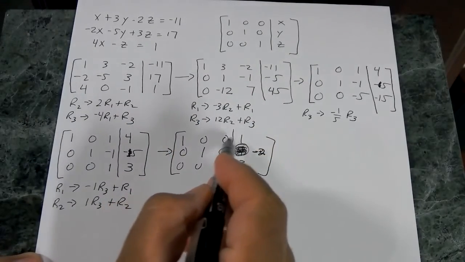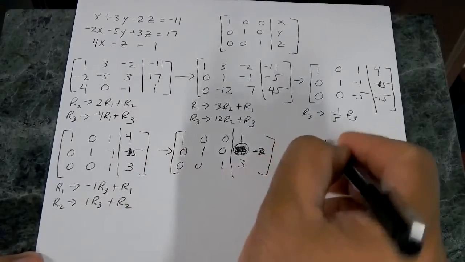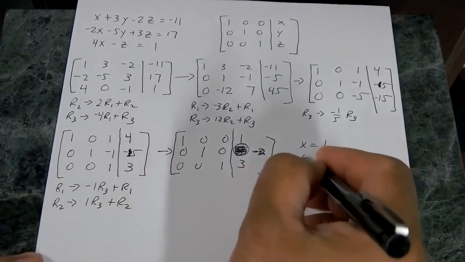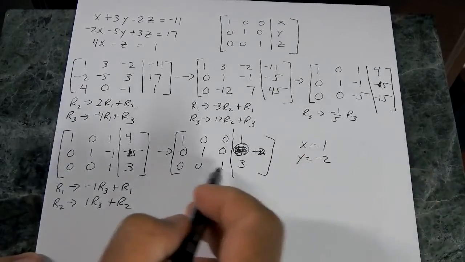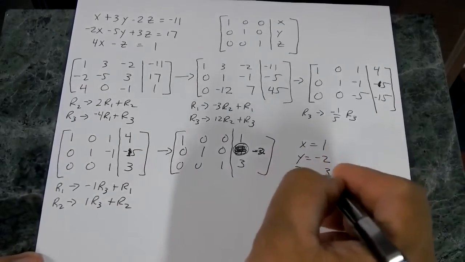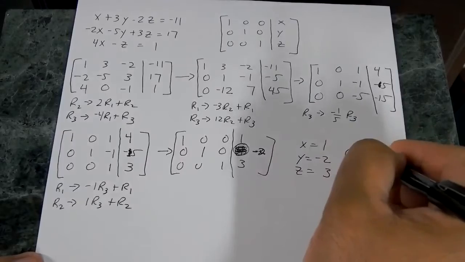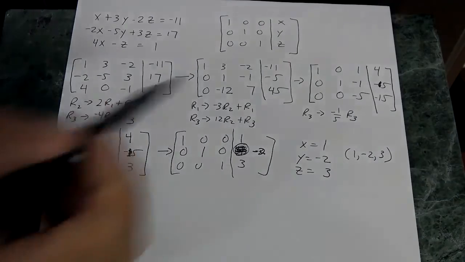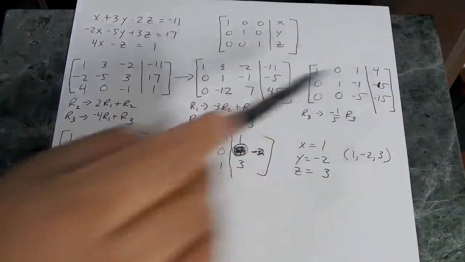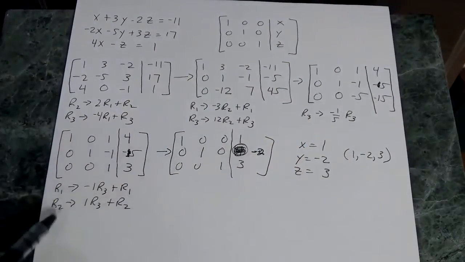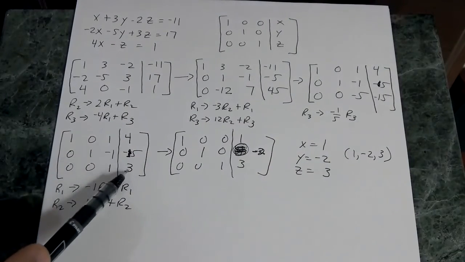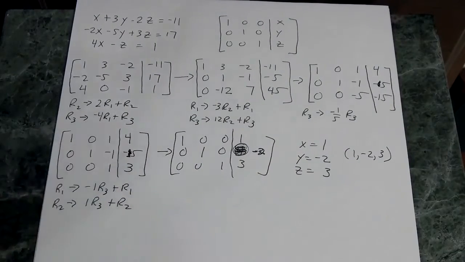So here we have x, no y, no z is 1, so x equals 1. No x, y, no z, 2, so y is negative 2. No x, no y, z is equal to 3. So we have the solution 1, negative 2, 3. All right. Well, this is what happens. So sometimes you have to look at it, that mistake right there. And then here, I'm supposed to multiply 1 times row 3. So 1 times 3 and then add it to here. I was doing it to the row 1 instead of row